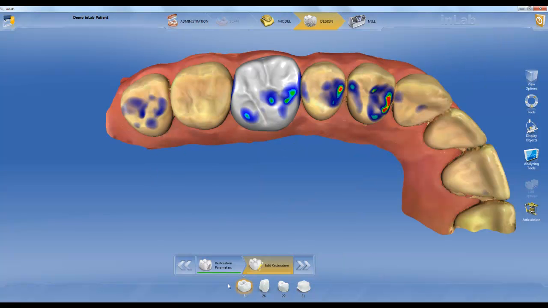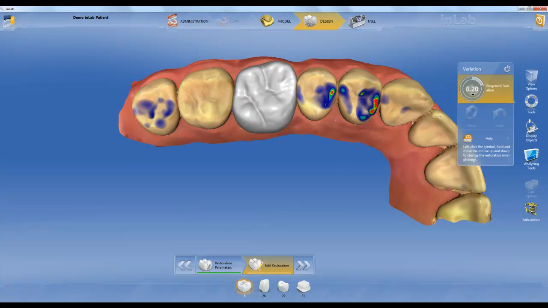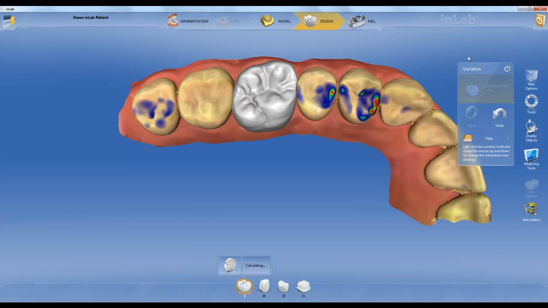The first tool that I want to show you for full contour restorations is called biogeneric variation. Let's say you wanted a different anatomy than what your biogeneric proposal gave you. Right click, click on biogeneric variation. On the right hand side of the screen, you can control your different type of anatomy by moving your mouse up and down. Find an anatomy that you like, let go of your left click button, and it's going to repropose your crown